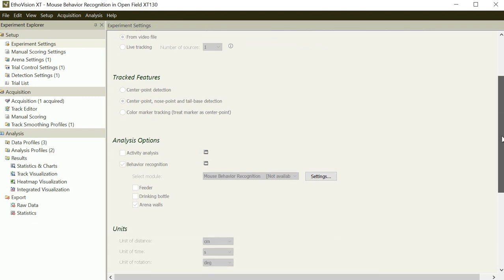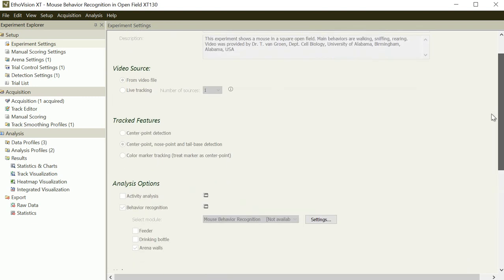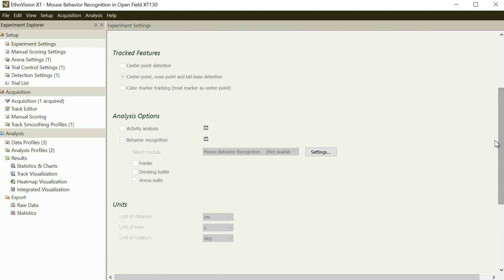And also, we have some other options, like you can choose the number of arenas. Arena means the area where your animal can be moving around, such as open field, several kinds of mazes,